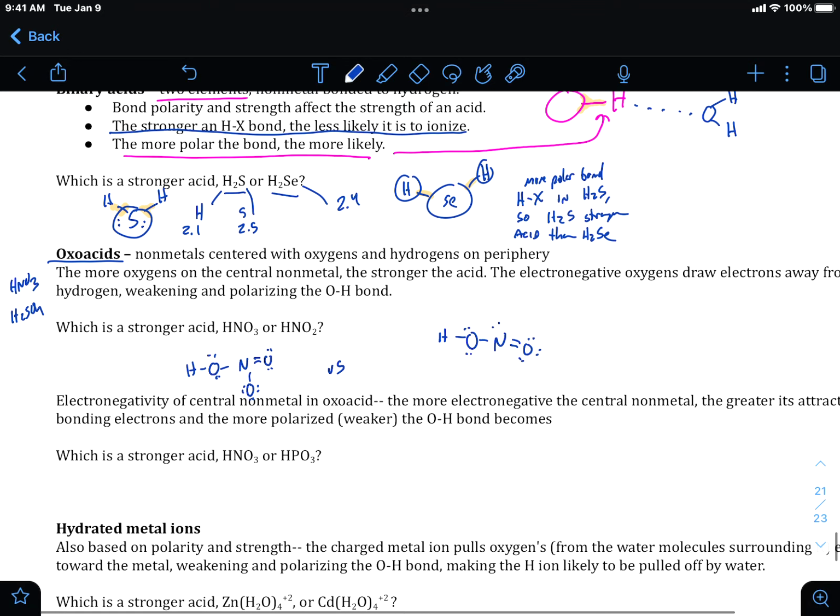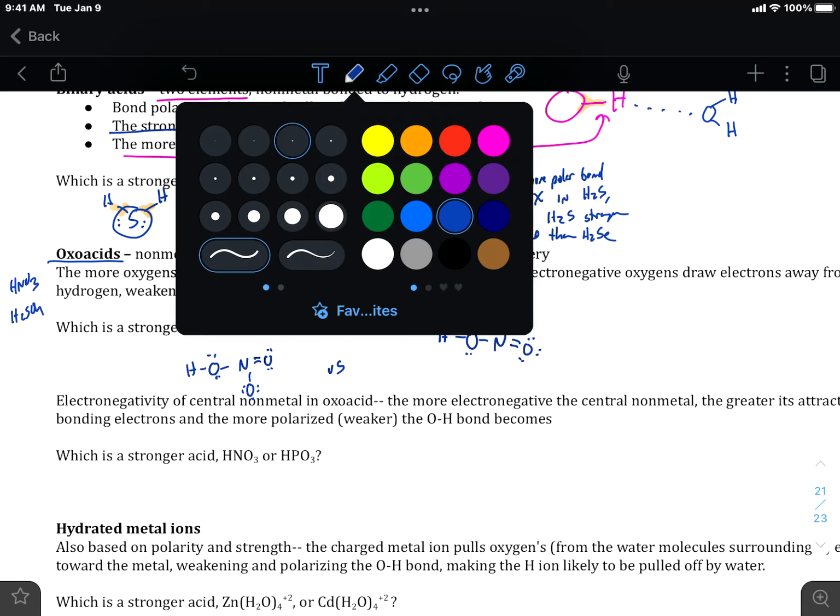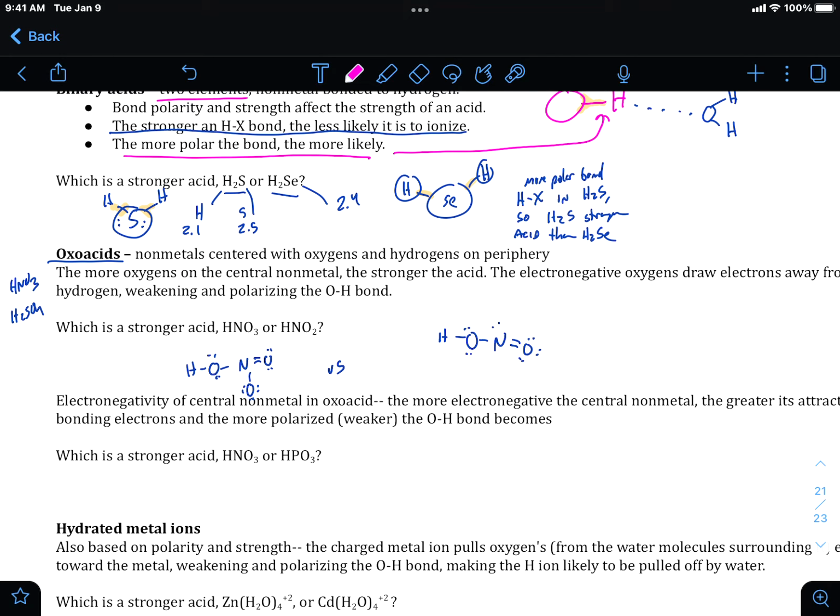Right, so there's a double bond. There's not really resonance here because the double bond cannot necessarily be averaged between both oxygens, because both oxygens are not equivalent. Okay, so when you're comparing acids and everything is constant between them except for the number of oxygens, the element with more oxygens